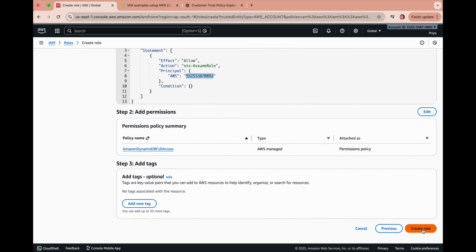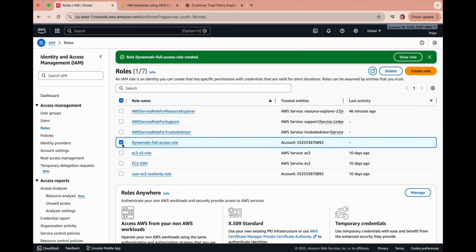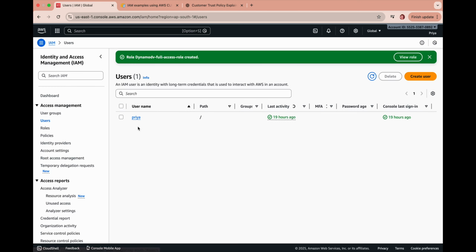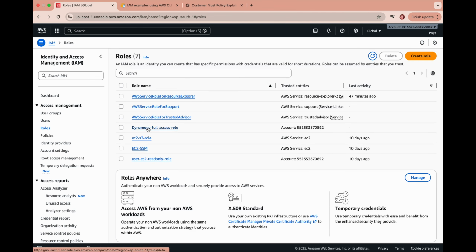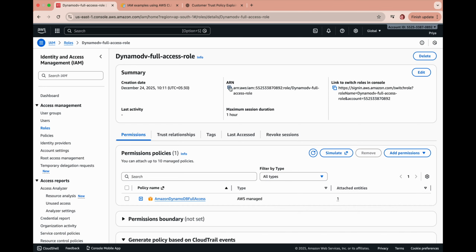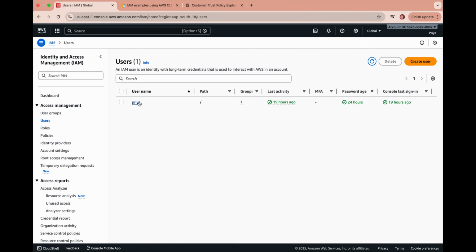Now click on create role. So now the role is created, and we have a user Priya, and we want the Priya user to assume this role. So we have to allow Priya to assume this role. For that, just go back to roles and click on the role. Copy this ARN and go back to users. Click on the user,